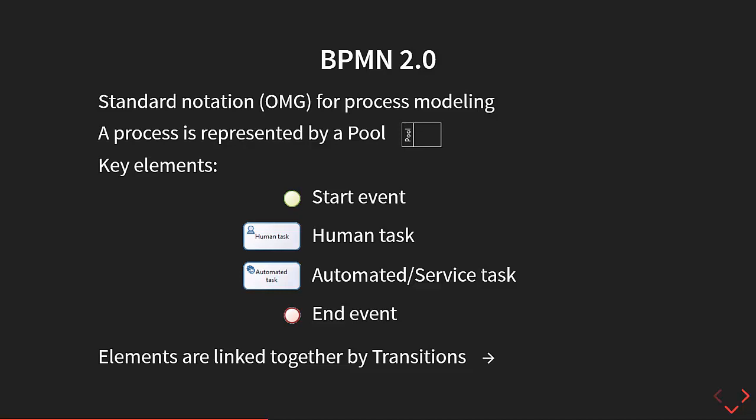And as this notation is standard, it's a nice way: if you use one software solution to create your process, you can usually then export and import in another solution. That makes BPMN kind of vendor independent, so you are not locked in with any vendor, at least for the model part of BPMN. So the first step when you want to design a process is to create what we call a